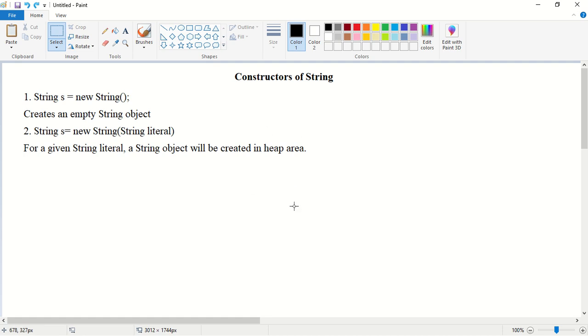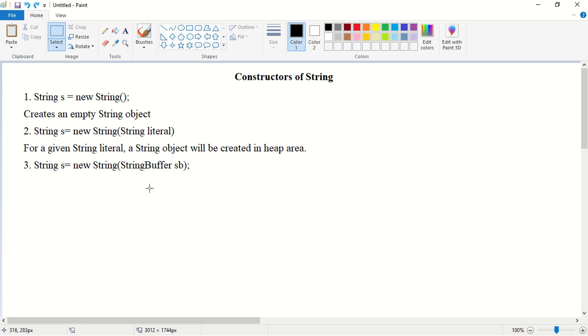Next, the third constructor. The third and the fourth constructors are for interchanging purposes. The third constructor is String s is equal to new String of StringBuffer sb.